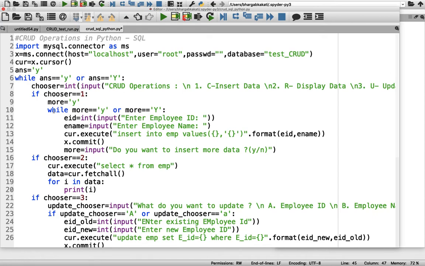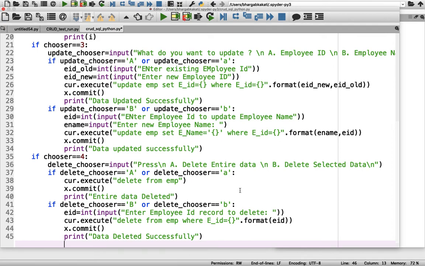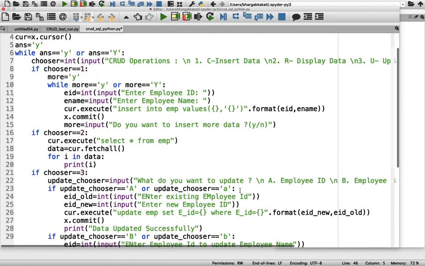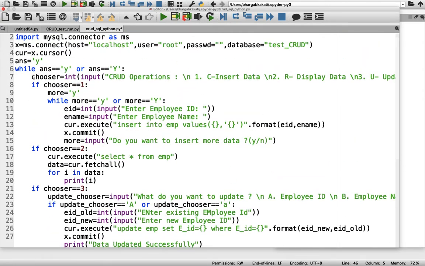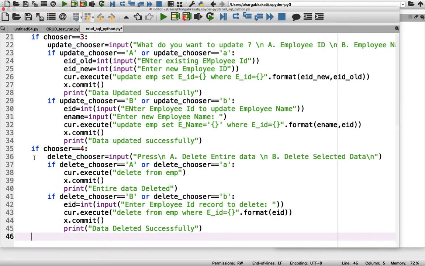Okay, now here if you just see, at the very beginning I have used the variable ans, which will help in running this particular loop again and again. So at the end, I just have to break the block and ask whether the program is to be run again or not. The indentation should match this particular block. Am I matching the indentation level? Yes, I am.